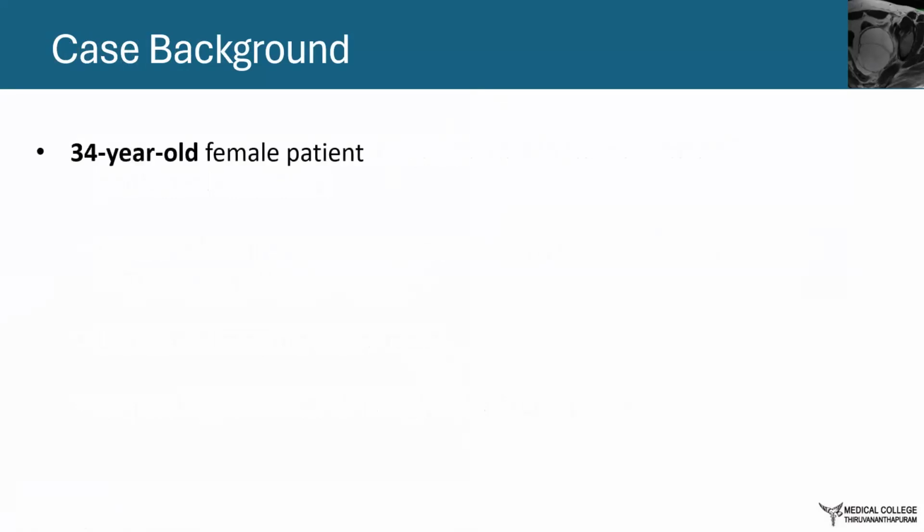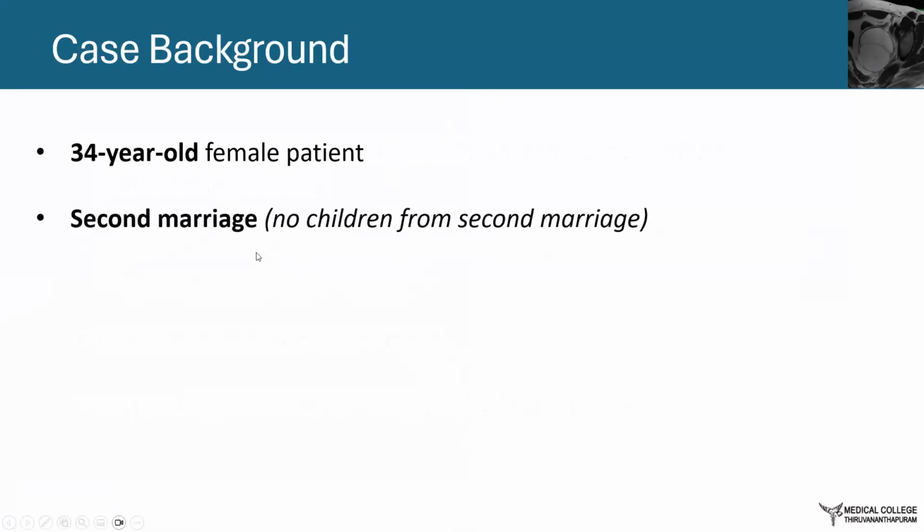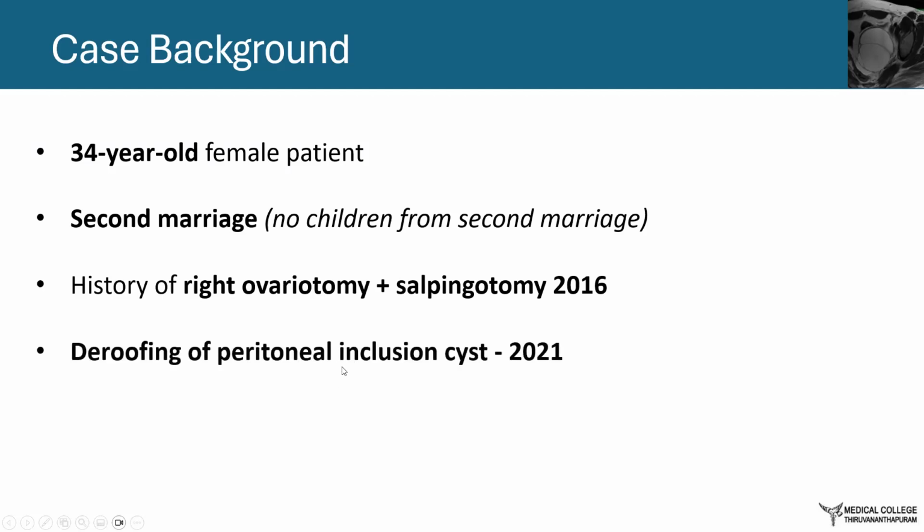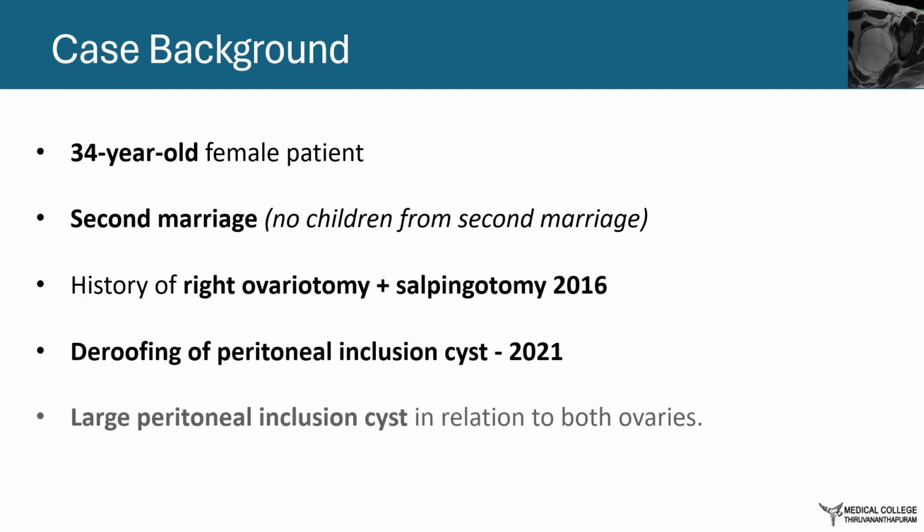So this was a 34-year-old female in a second marriage. The patient did not have any children from the second marriage. She had a history of right ovariotomy and salpingotomy in 2016, and de-roofing done later due to the presence of a peritoneal inclusion cyst. As was thought, there was a large peritoneal inclusion cyst that recurred when the patient was referred to our